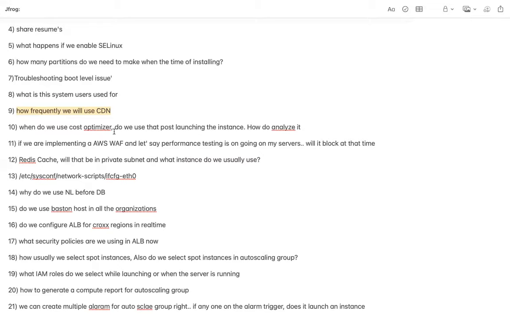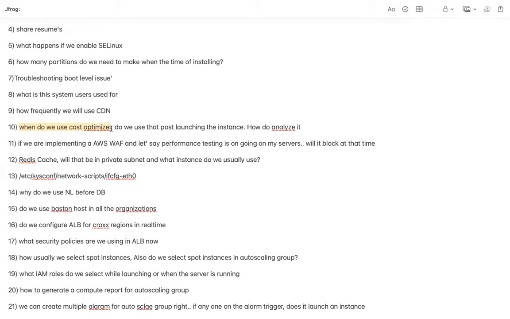But yes, obviously Akamai is considered better for CDN, in terms of the options, the performance, and the prices Akamai is offering. That is really great. Although it is a little costlier in comparison to AWS CloudFront, it is better in terms of performance. Okay. Yes. So when do we cost optimize?